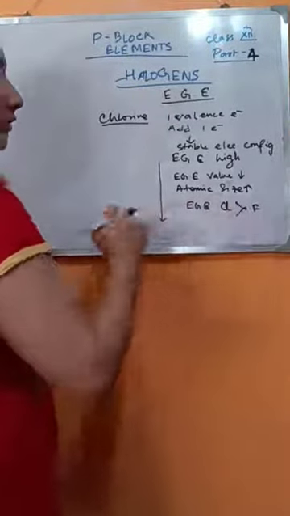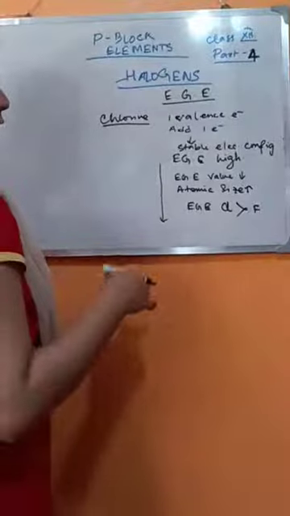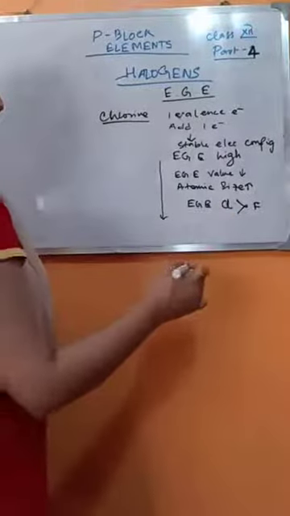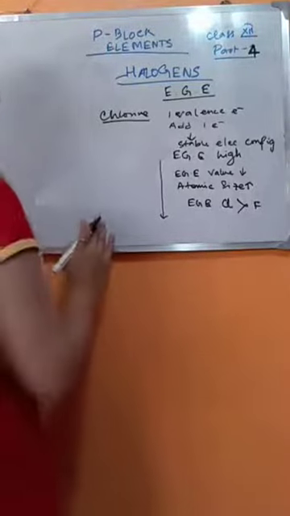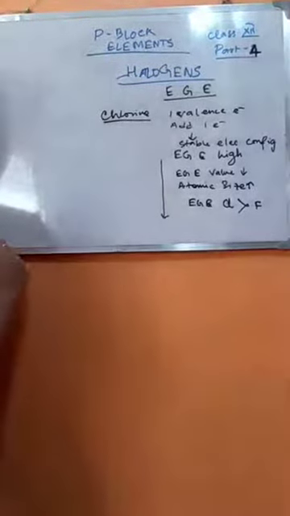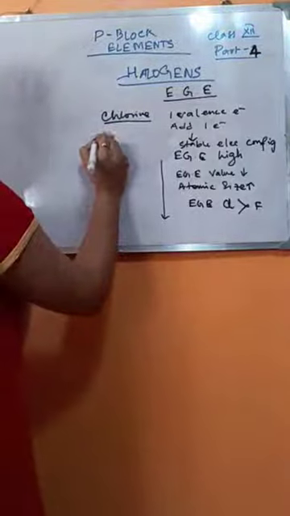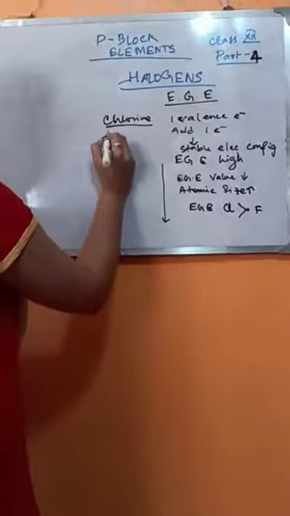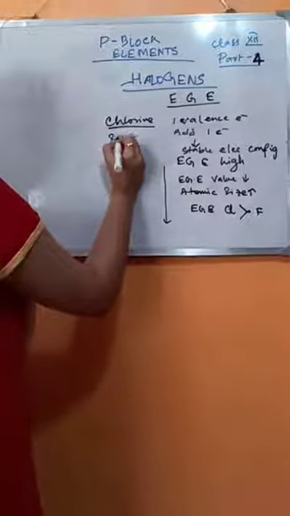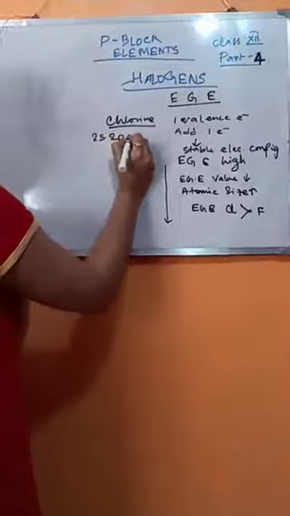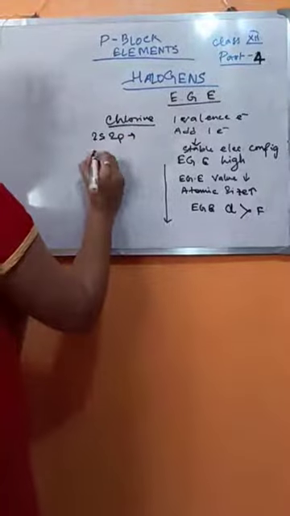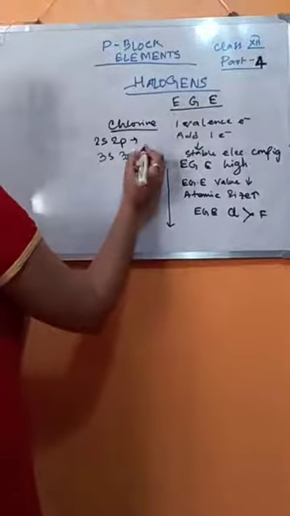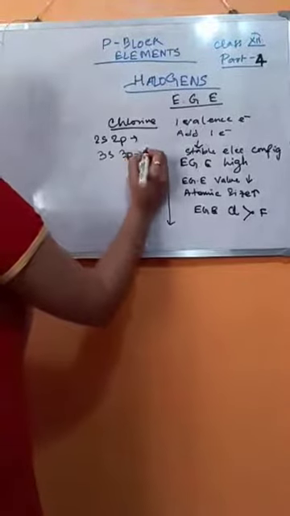Chlorine is after fluorine in the group. So how is it possible that chlorine has a greater electron gain enthalpy value than fluorine? There is a reason to it. See, in fluorine there are 2s and 2p orbitals, whereas in chlorine there are 3s 3p orbitals, and the